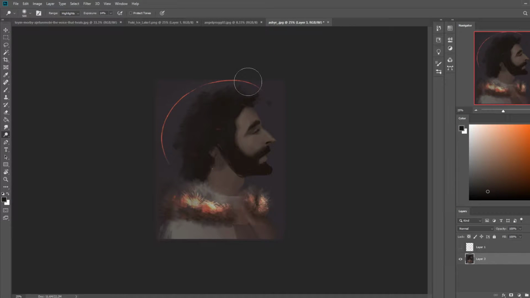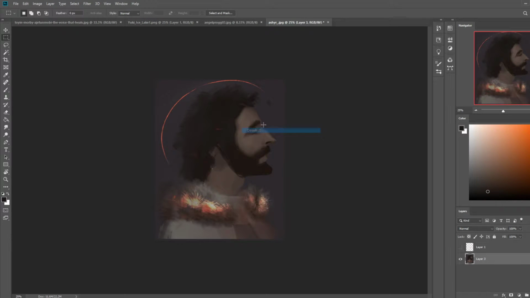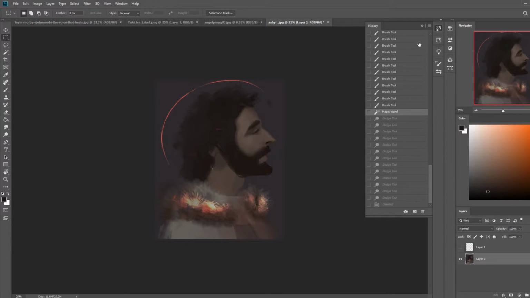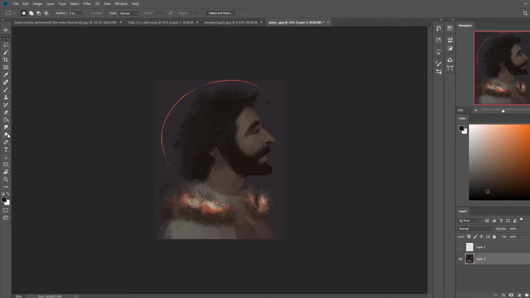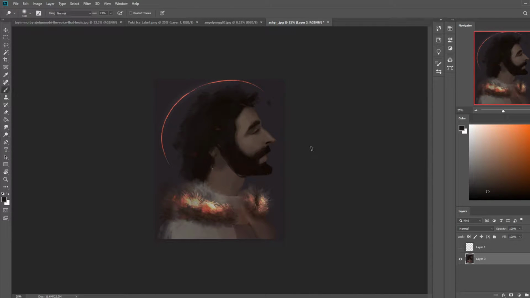So the dodge tool isn't really doing much for me right now, and I'm going to just raise the volume. Oh, I see. It's because I wasn't deselected. Is it still doing it? It is, and that's okay. And I'm going to just bring in a volume change. And that should push the piece along nicely.